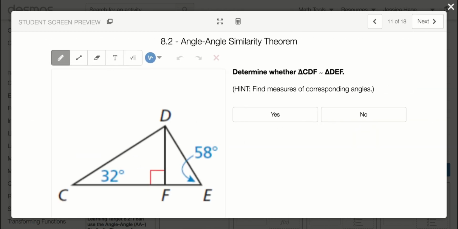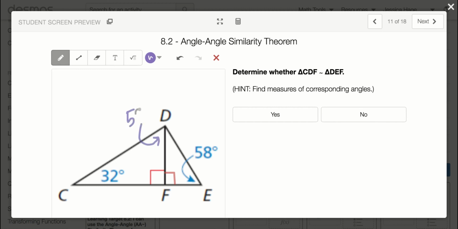Slide 11, determine whether triangle CDF is similar to triangle DEF. And so we're going to want to add in any of our information in terms of the angles. We have one right angle, so that means we have another right angle. So far we have one angle that matches. And then we want to treat this just like the first one we did where we found angle measures. So if you calculate the sum of the triangle being 180 of this larger triangle to the left,